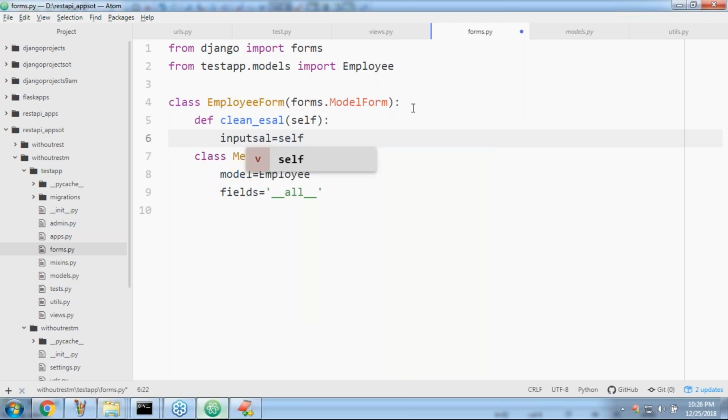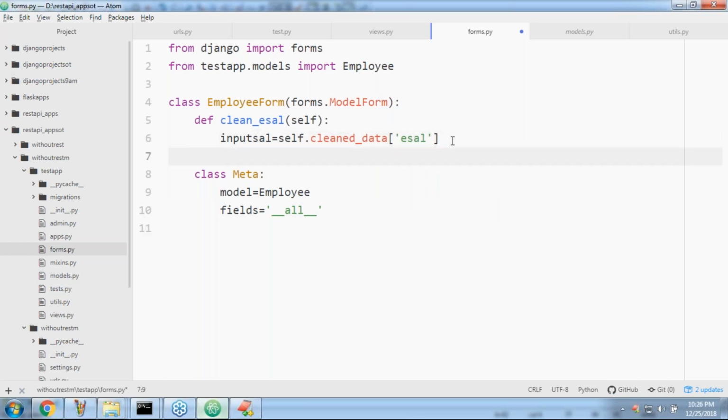So do you know self.cleaned_data? Cleaned data is a dictionary which contains the data provided by the partner application. cleaned_data of esal. So what is the salary we have? Input salary provided.